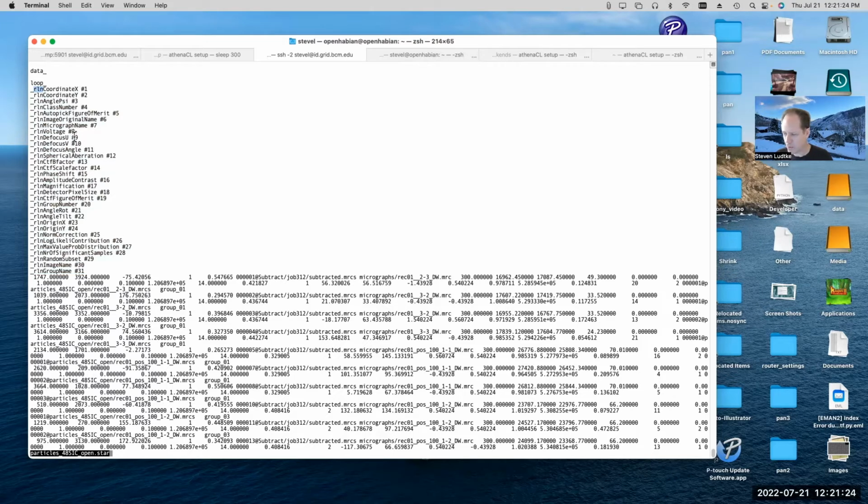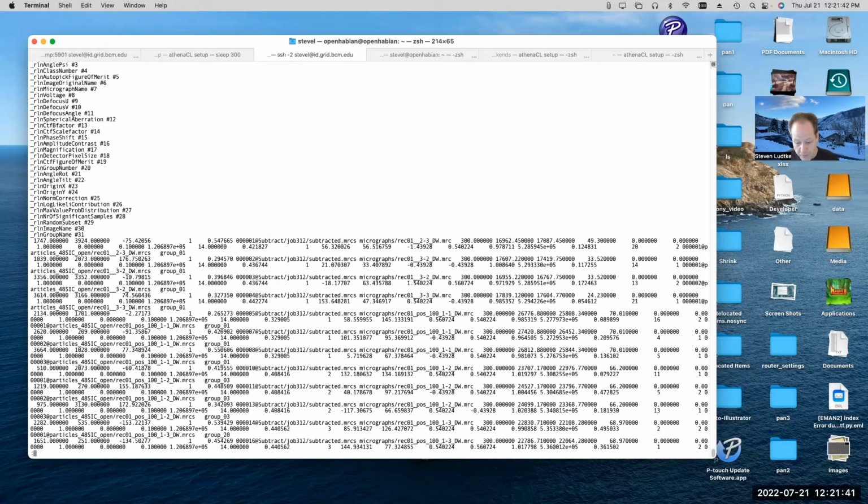Modern Relion files will actually take some of the common parameters like the microscope voltage and some of that stuff, and they'll make a separate loop up at the top to contain that information, and then they can have fewer columns in the rest of the data, which makes the file substantially smaller. Anyway, so this is how Relion stores its metadata. Each particle is on one line, and each line basically has all the information that you might need to do your reconstruction and figure out all the parameters of the particle.